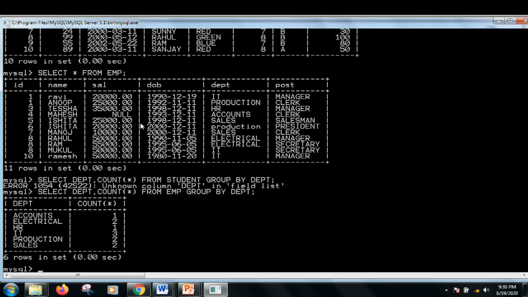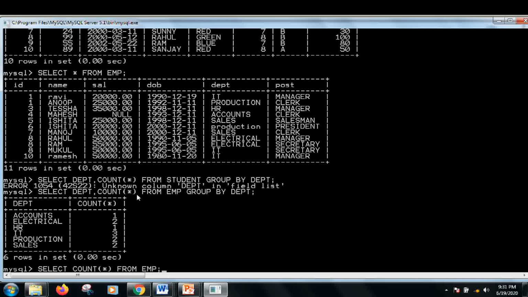Let us try to understand what this query is doing. If I write only select count star from emp, it is going to count all the records.